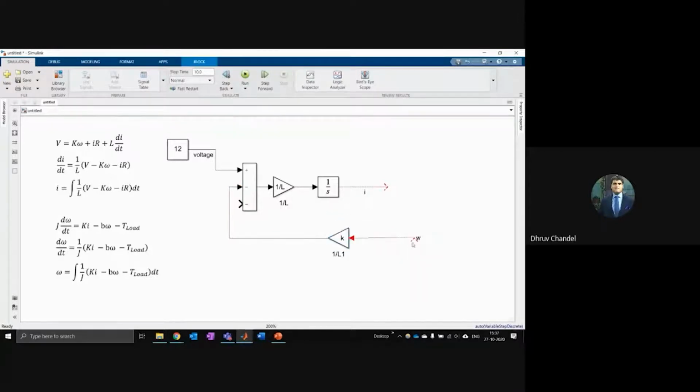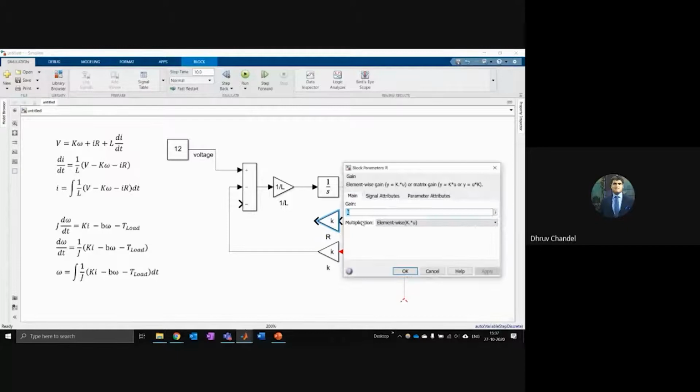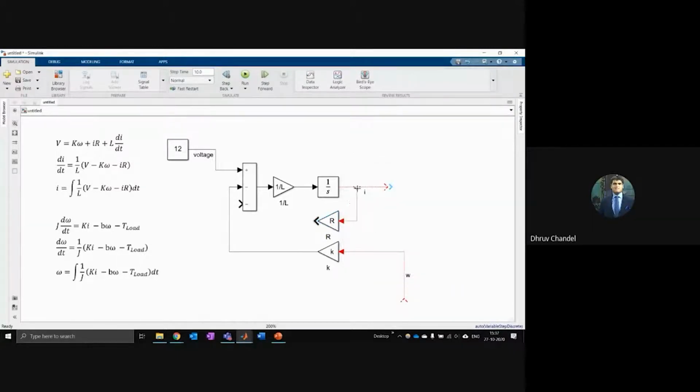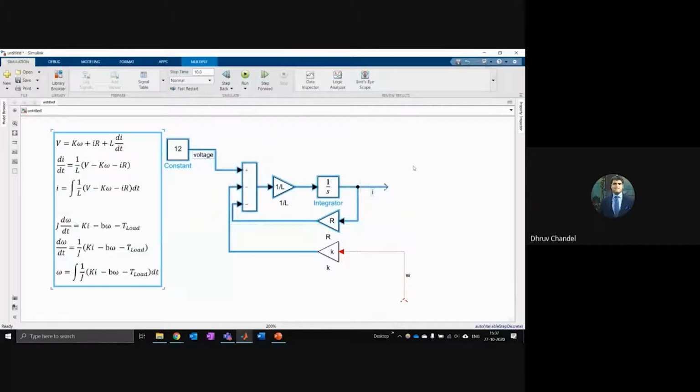So if you press Control I, it changes the direction. So once I have the value of k, I'll just take it from my model and I'll feed it into this. And the other thing I have to do is I have to take the value of current, multiply it by resistance, and then subtract it in the same block. So if I right click and drag, this just replicates this block. I can change the titles if I want. So I'm going to take the value of my current, multiply it by R, which is the resistance, and subtract it here. So this is my electrical part of the circuit, and this is now complete.